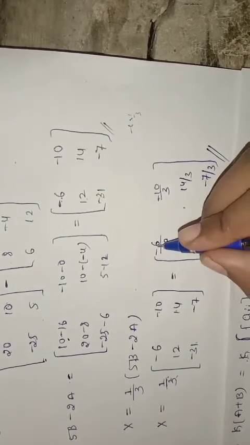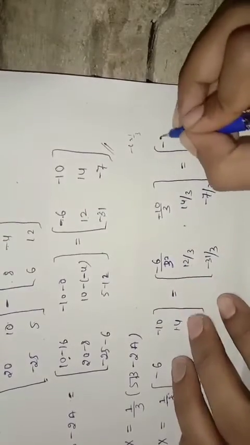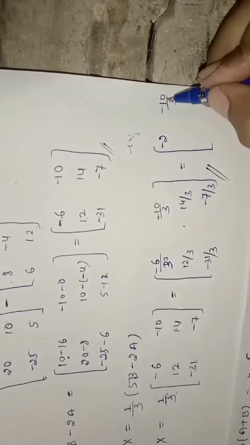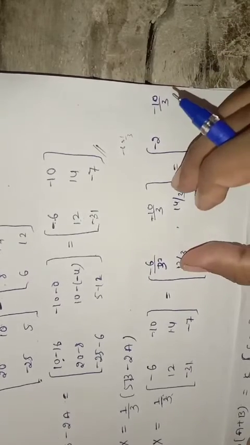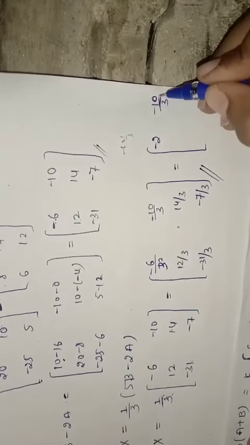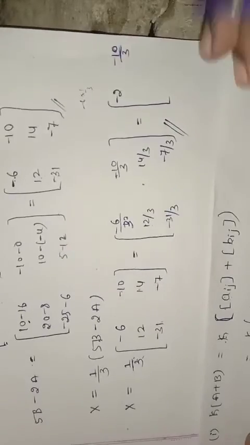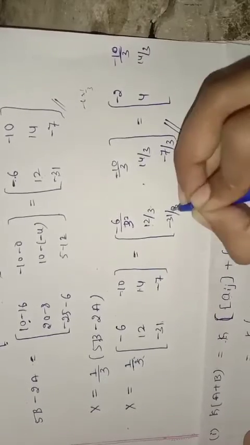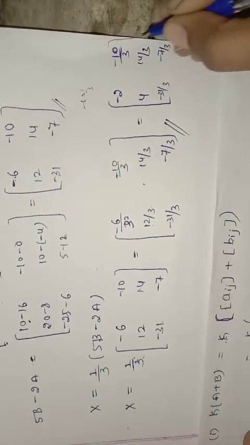This is the matrix X. If you want to further modify this matrix, 3 2s are, that is minus 2, and the other entry is minus 10 by 3. Don't keep it in decimal point form. Cancel these and don't put them in decimal form, keep it as minus 10 by 3. Okay, because if they give you any modification next, everything will keep cancelling. So always keep it in A by B form. Okay, so don't keep it in decimal form. Okay, so that is 4, that is 14 by 3, and that is minus 31 by 3, minus 7 by 3.